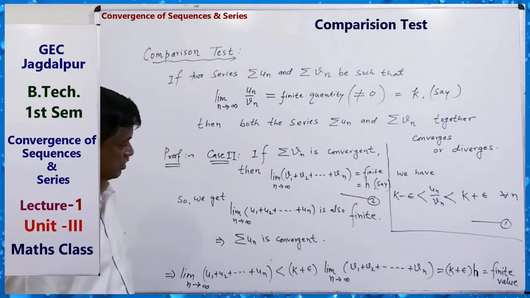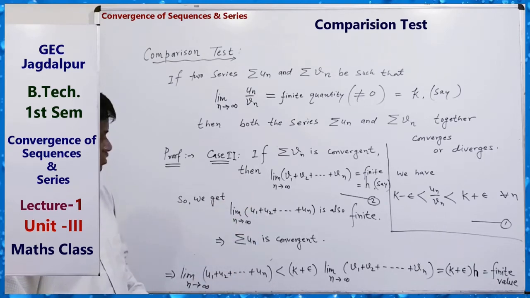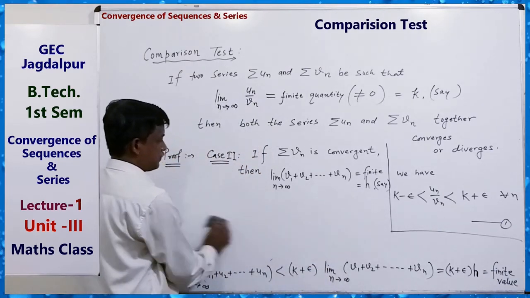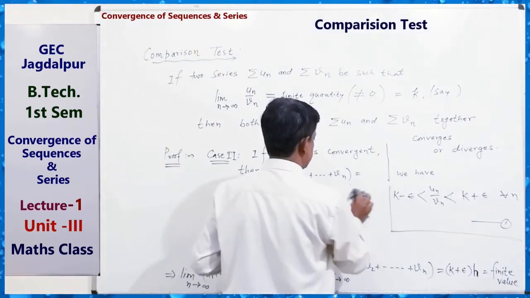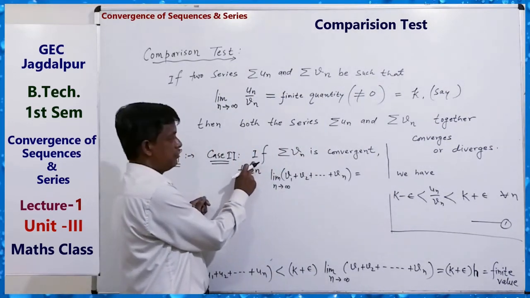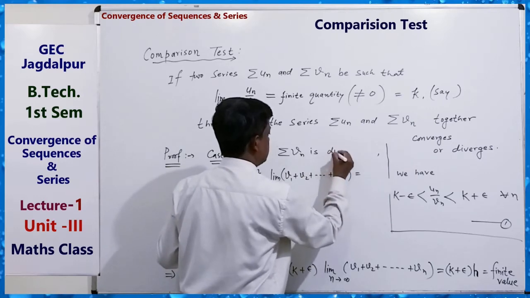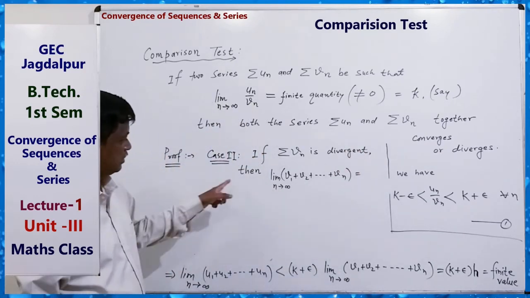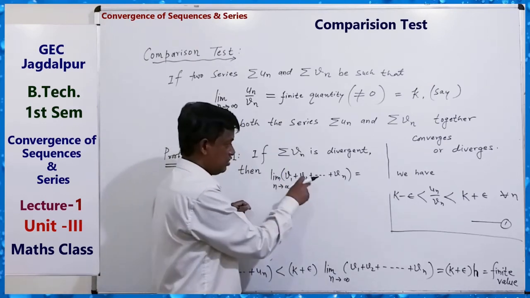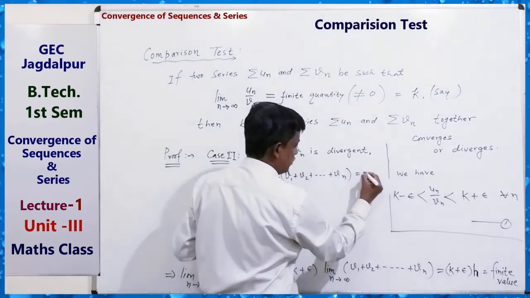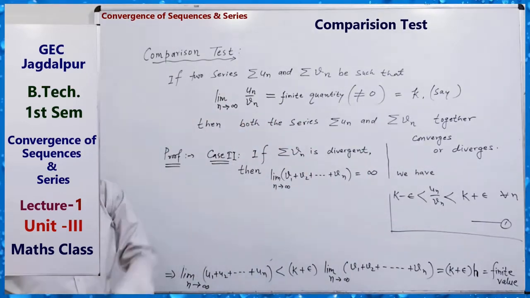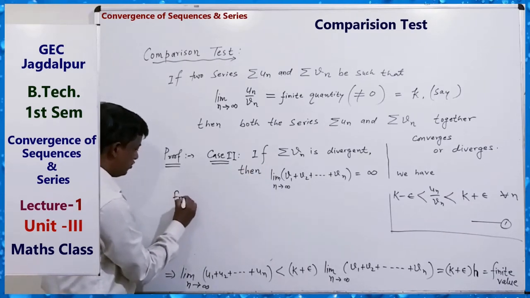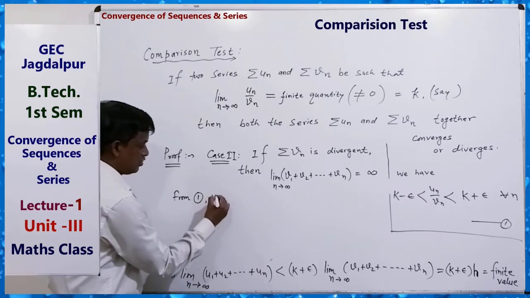For case 2, by a similar process, we can observe that if Vn is divergent, then the limit of the partial sum of the series summation Vn is infinite. Limit is infinite. Clear? Limit is infinite. This also from 1 we get